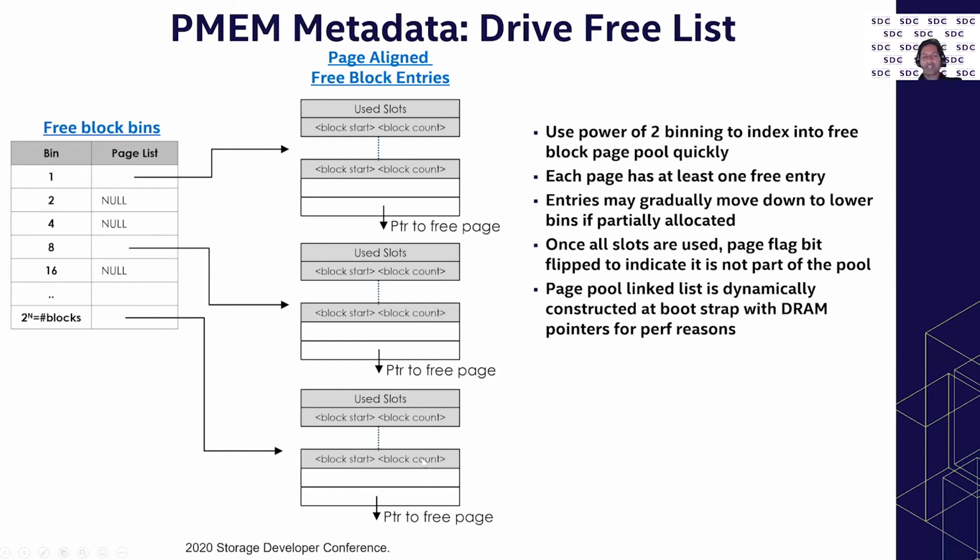As it starts actually getting consumed, the number of the slots will essentially get split into the lower bins, slowly graduating to the lower bins as they start consuming more and more LBAs, and the number of free contiguous blocks goes down. But the intent here is that